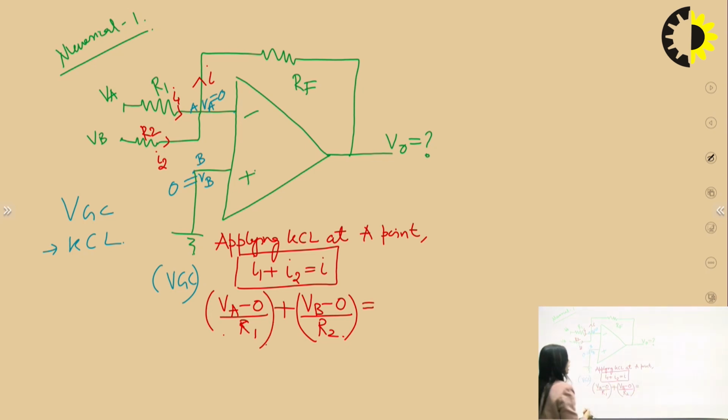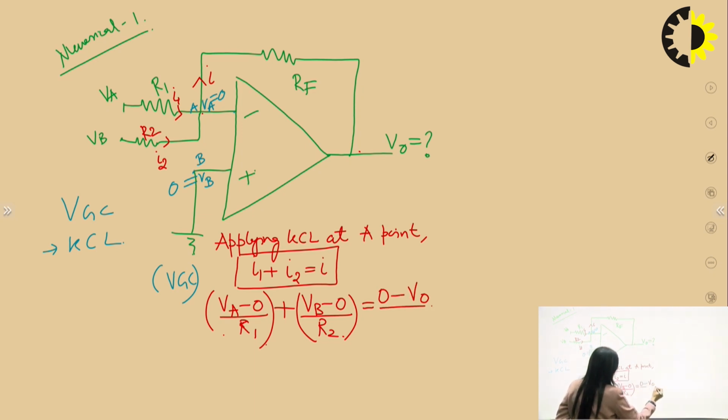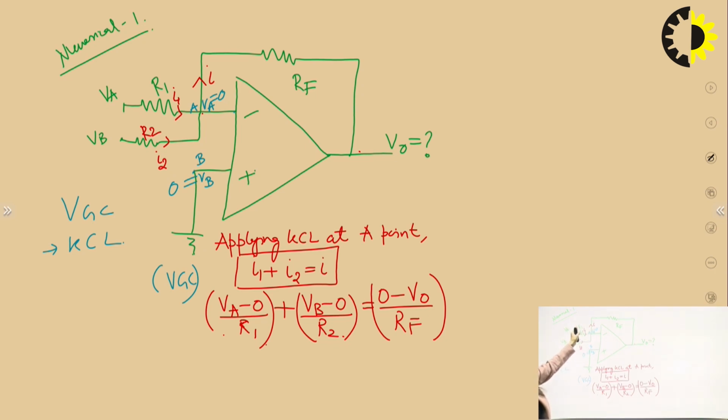This is equal to I. I is 0 minus VO upon RF. Okay. So VA minus 0 upon R1 plus VB minus 0 upon R2 is equal to 0 minus VO upon